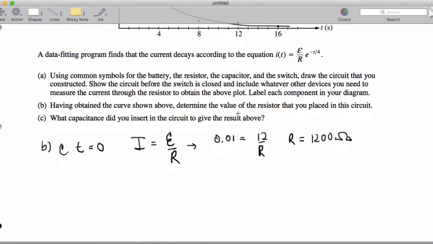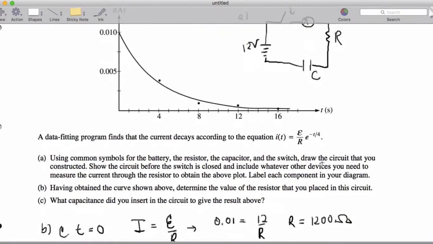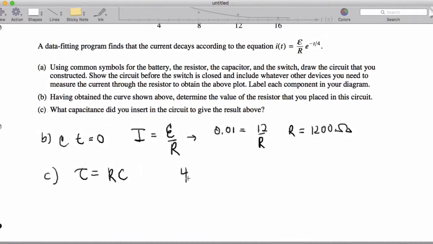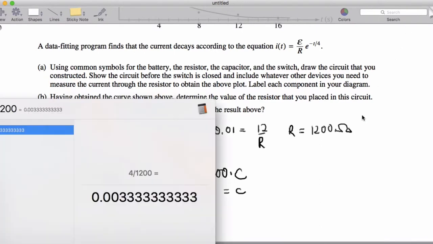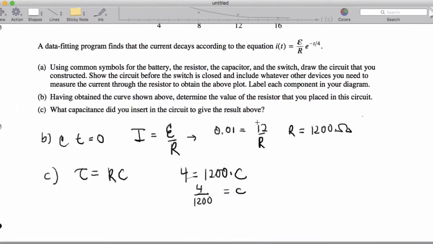What capacitance did you insert in the circuit to get the result above? Well, let's remember the time constant equals R times C for a capacitor, and in this case, that's 4. So 4 equals 1200 times C, so that'll be 4 over 1200 equals C. So that gives us